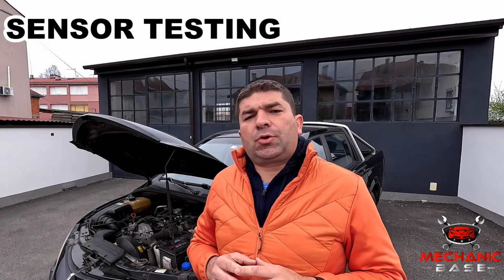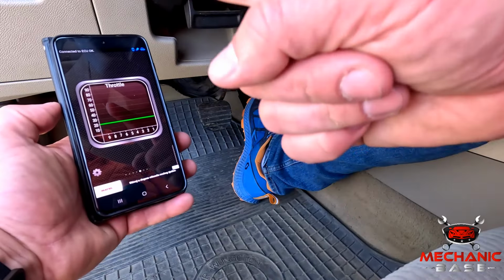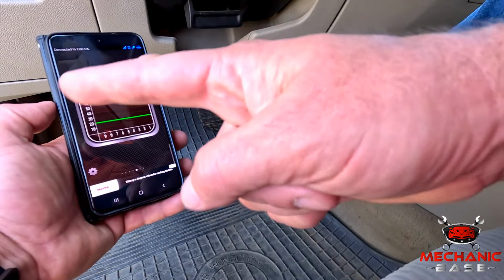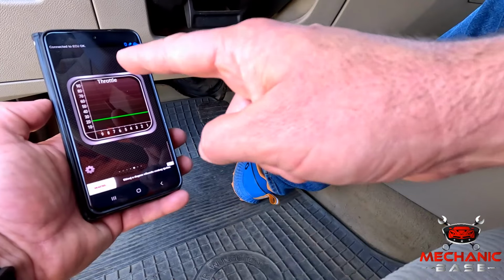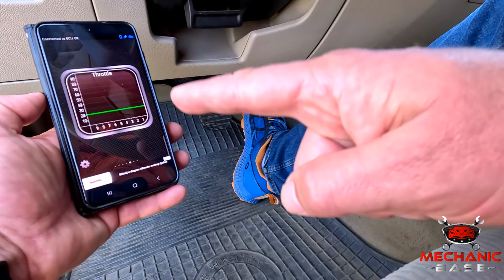If suspecting your throttle position sensor is giving false readings, you can always test it. And the easiest way of doing this is with an OBD2 scan tool, as these usually can monitor this and other signals. Just connect it to your car, turn on the ignition, go to the live data section and find the throttle position readout. With your foot off the throttle, the reading should say 0 volts or 0% depending on